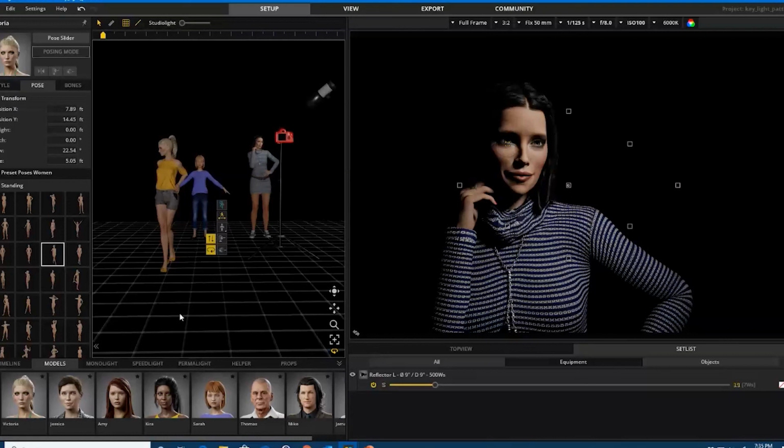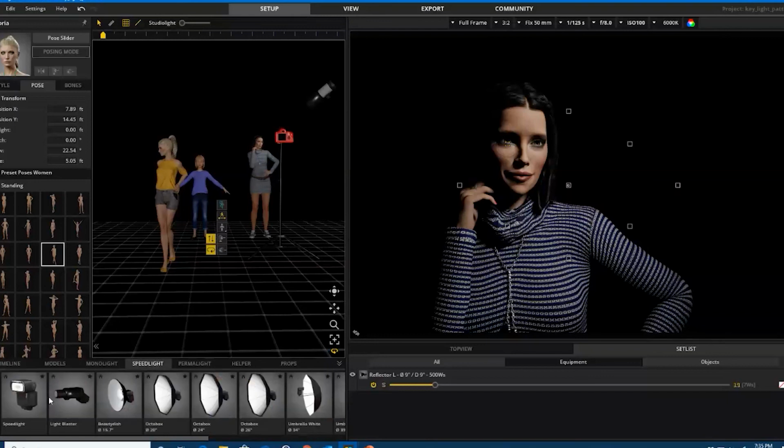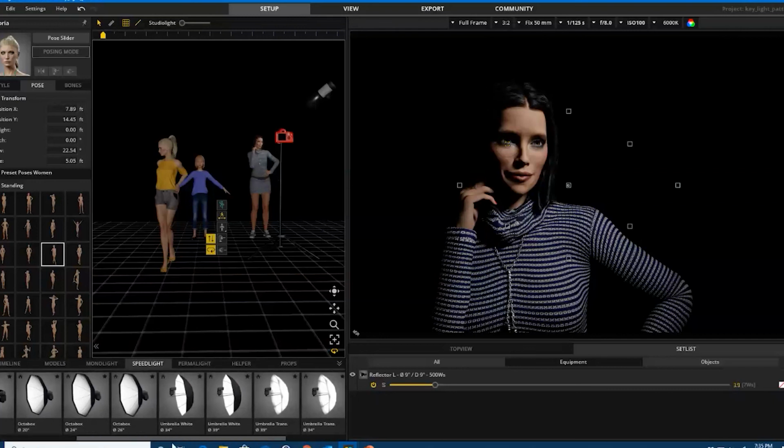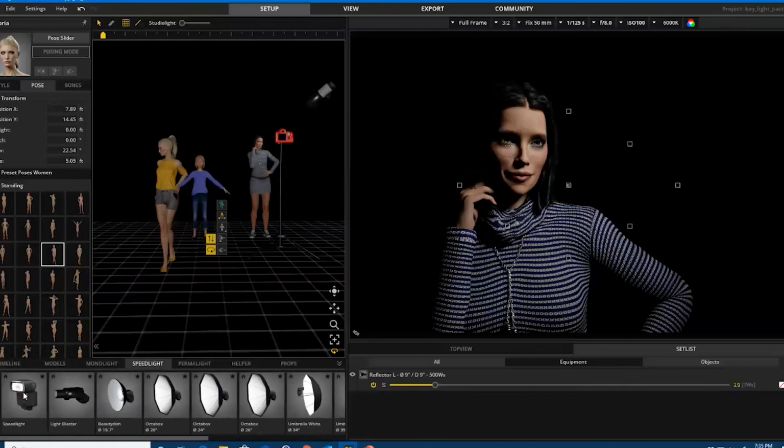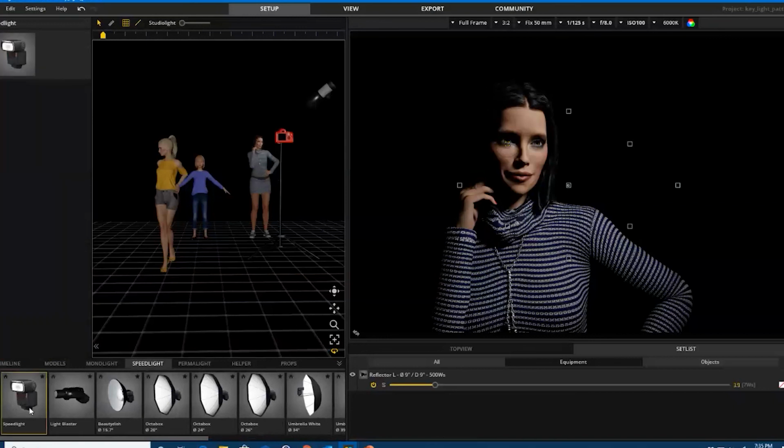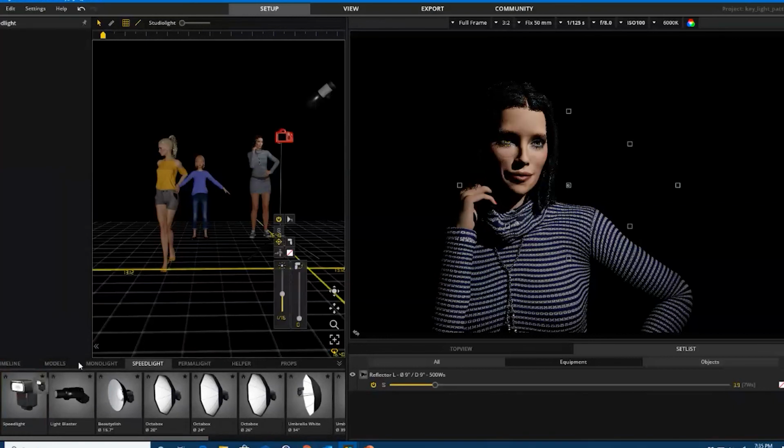Someone was asking about, can you specify the model of speed lights or other lights? And I know you can, but can you show that? I don't think you can specify precisely the model, but you can choose a speed light, at least in speed lights. And speed lights are pretty generic. And by the way, this is the speed light selector. And if we put a speed light up here,